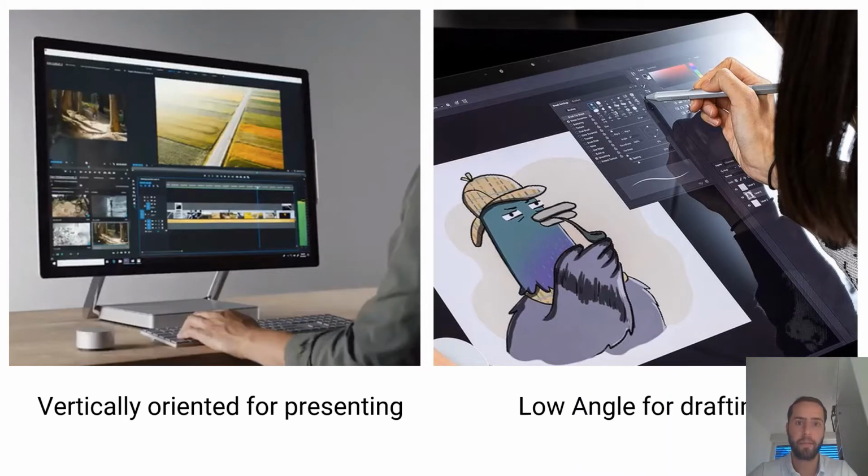A vertical monitor offers reading a document but not writing on it with a stylus. Angled drafting tables allow close engagement with one's ideas, but a vertically oriented screen is better suited to present refined ideas to others. And none of those devices offer a user experience that senses and responds to shifting display angles.